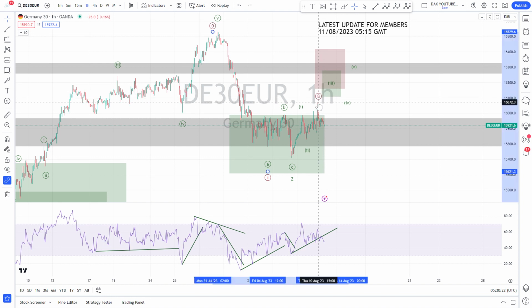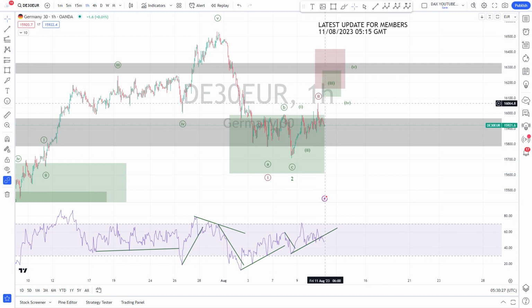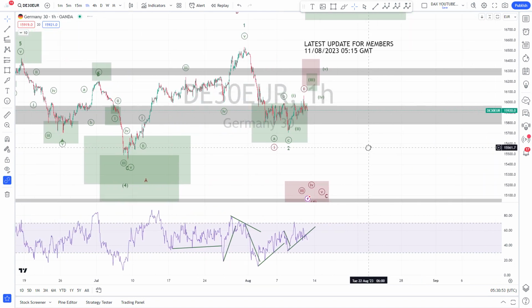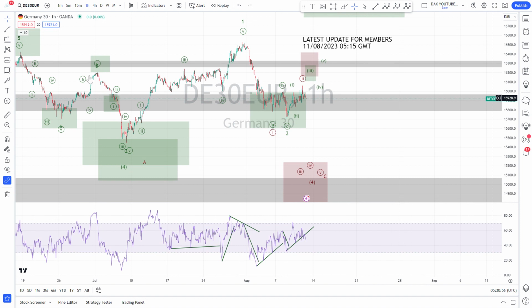So our wave 2 could be in here, this high. The reason that I think this is this weak RSI reading here, it looks like we don't want to go up anymore from here. And so if this is our 1, this is an expanded flat, and then this here is our 2, then we actually know the target area for our wave 3.